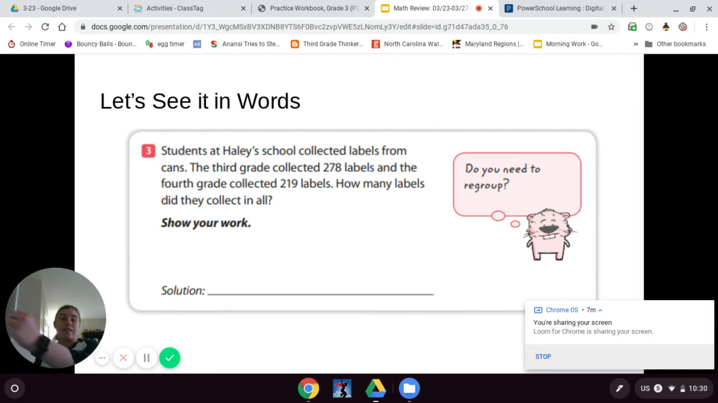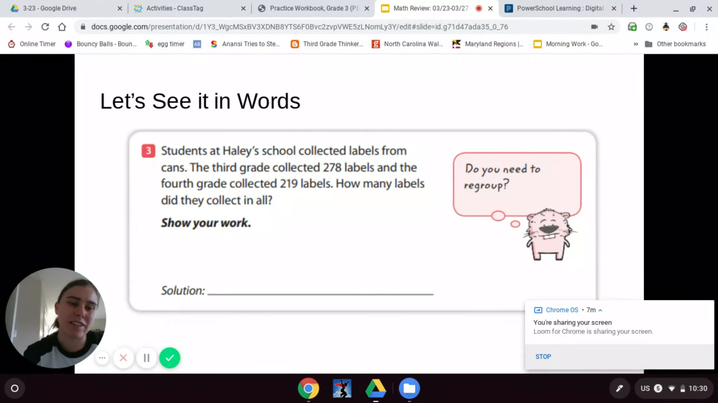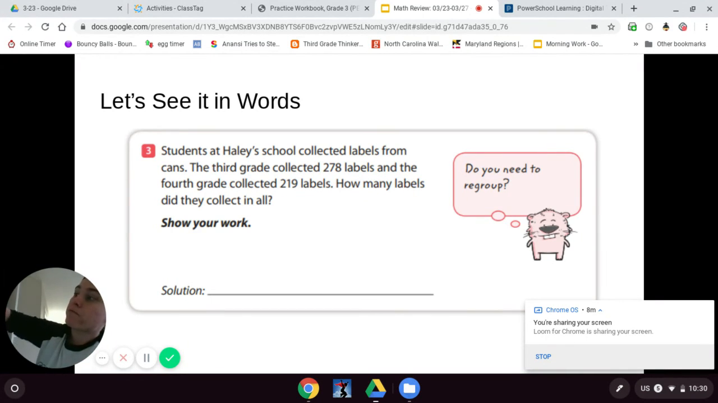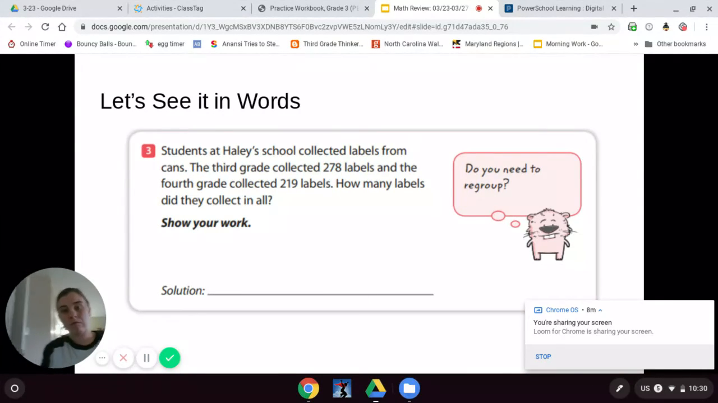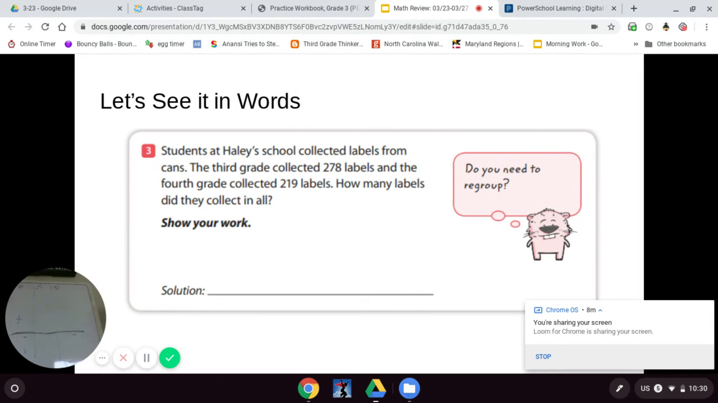I notice that the question is asking me how many labels did they collect in all. If I'm trying to figure out what two groups have all together, that means I'm combining those numbers or I'm adding. So I'm going to get my board ready. And I'm going to go back to the problem to figure out what I need to combine. Third grade collected 278 labels. So I know this is third grade. And I'll actually write